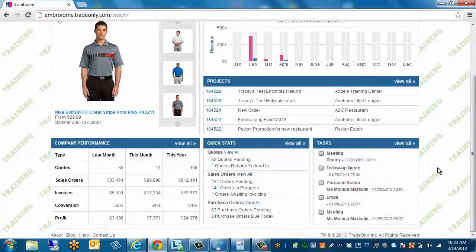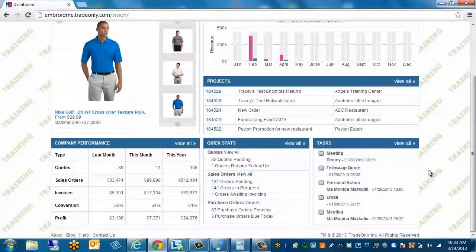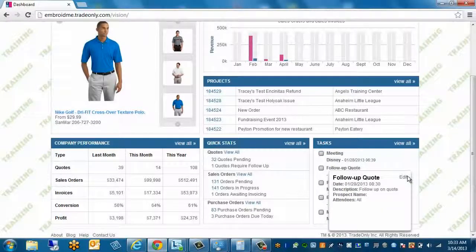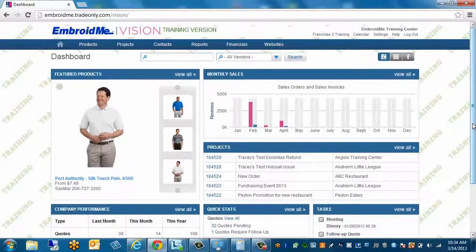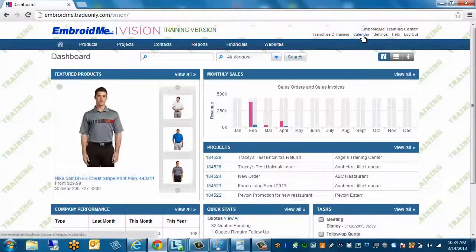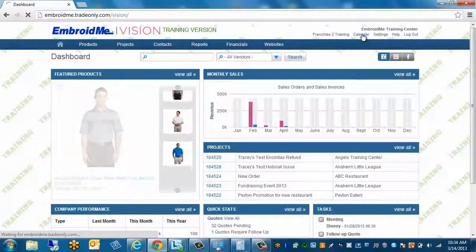These tasks are pulled from the calendar feature, and we're going to go into that shortly, which is a component of the CRM within the Vision system. So we're going to begin up here in the calendar. The calendar is located at the top right of your screen. So if we click onto the calendar feature,